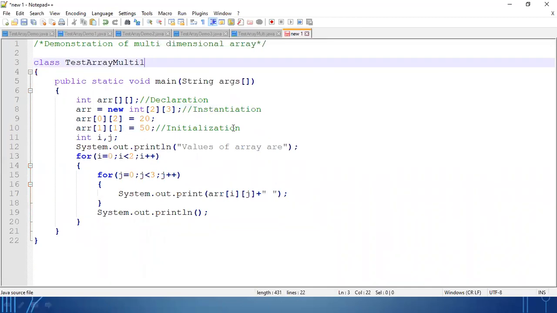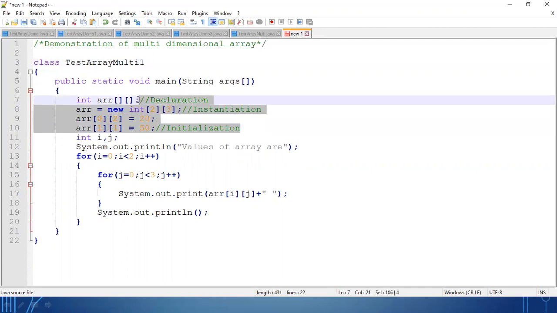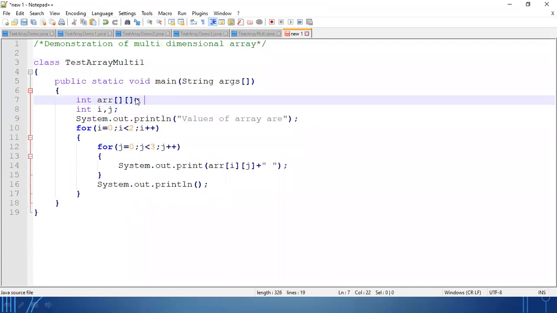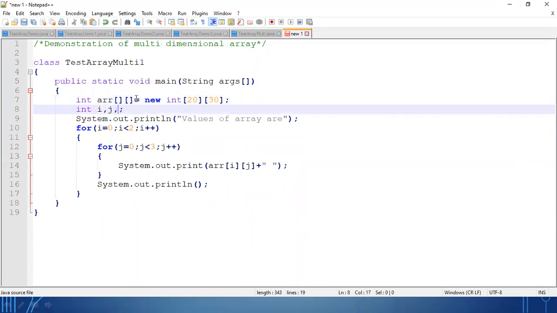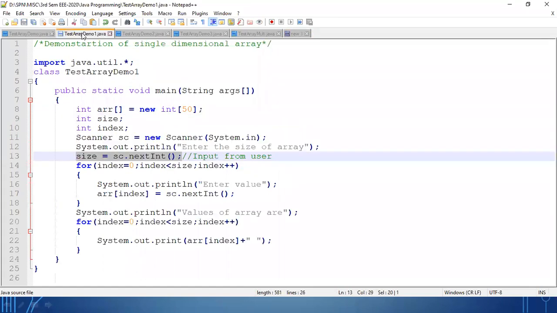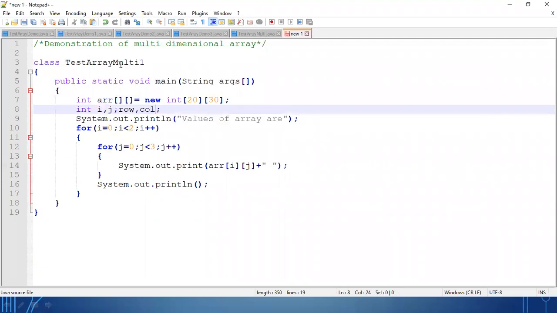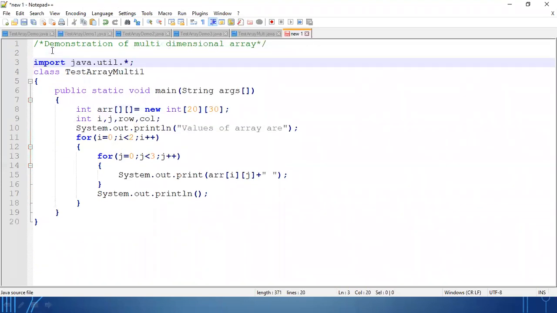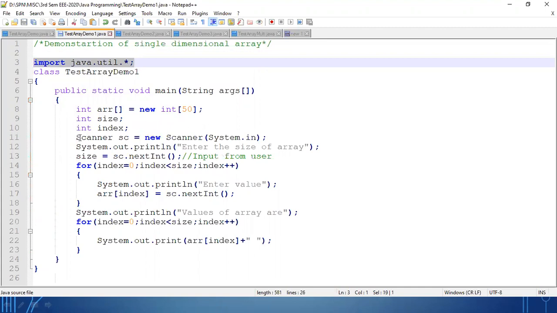Okay, so all this declaration and initialization you can write down in a single line. So we are just declaring with a larger size, and then we'll take the input for rows and columns. Like we have done here, we are taking the help of the Scanner class, as you will take the input from the user.